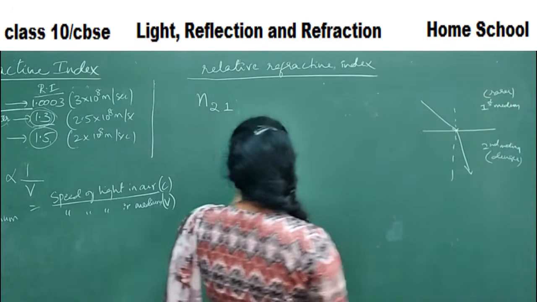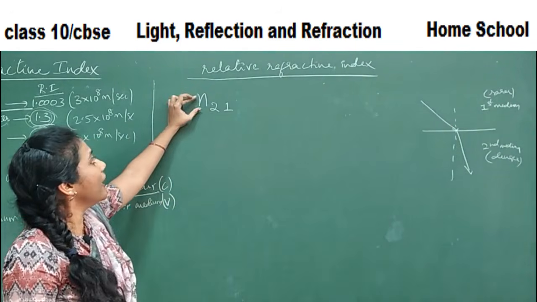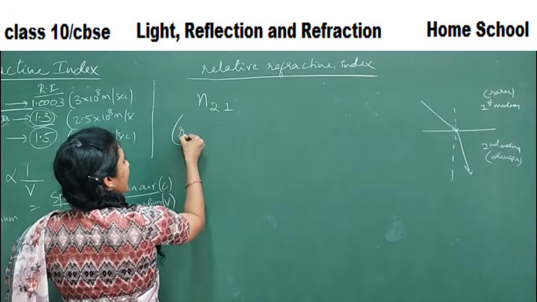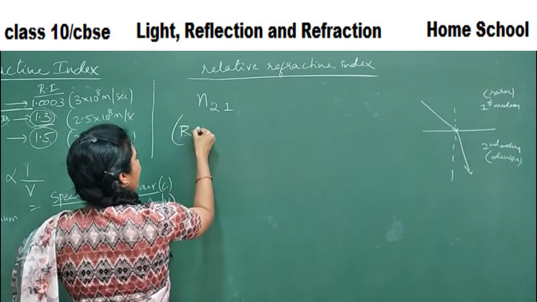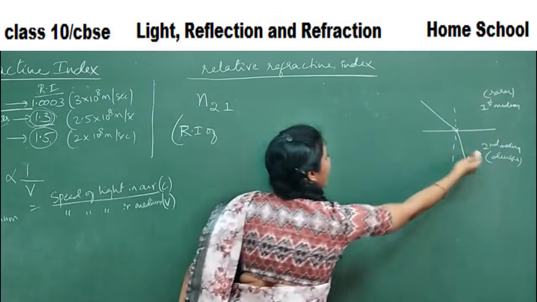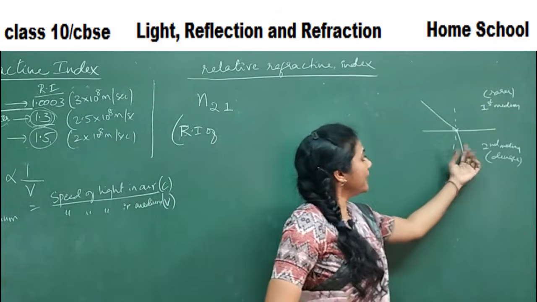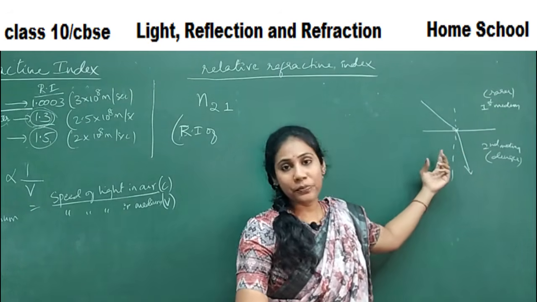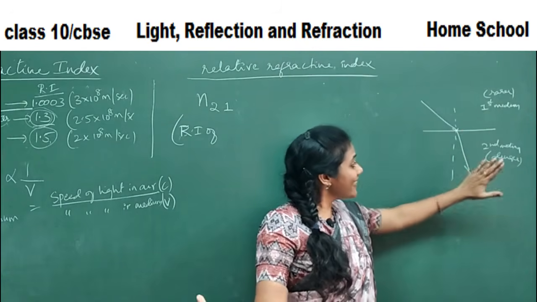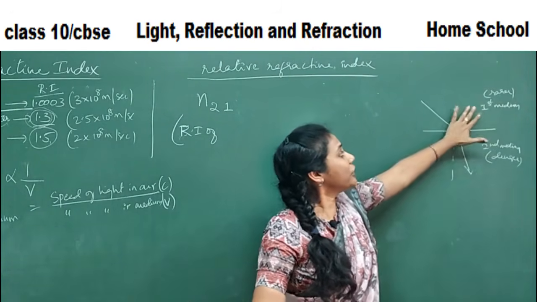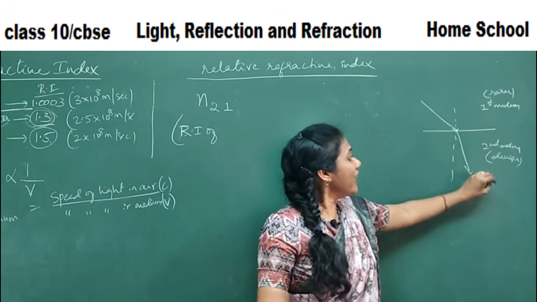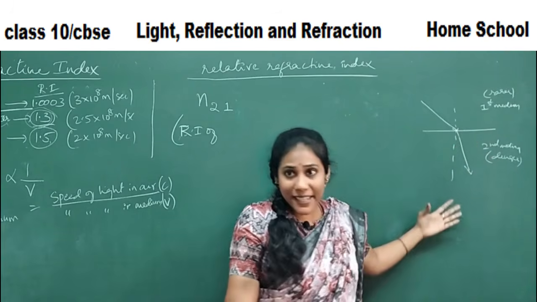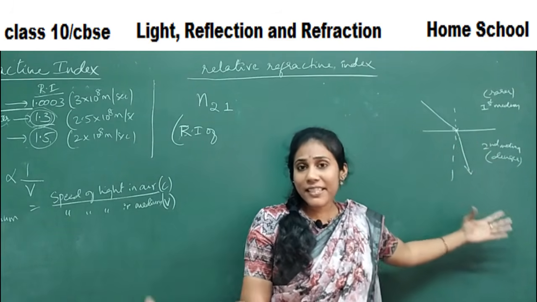Now if I want to compare the refractive index of the second medium with respect to the first medium, then we will use this formula. What do you mean by N21? N is the refractive index, and I am talking about the refractive index of the second medium. In the second medium only, bending of light is observed. Refractive index means extent of bending: to what extent the speed of light is decreased in the second medium in comparison to the first medium. You will observe the speed of light decrease in the second medium because the refracted ray is formed in the second medium, right? Bending you will observe in the second medium.